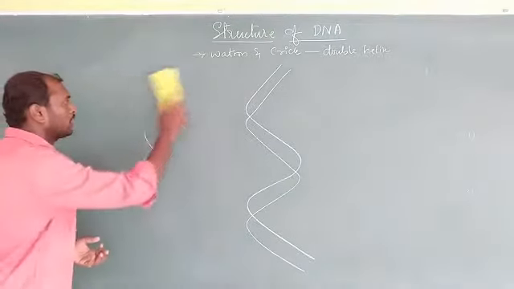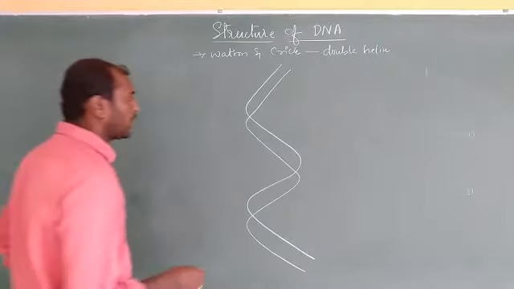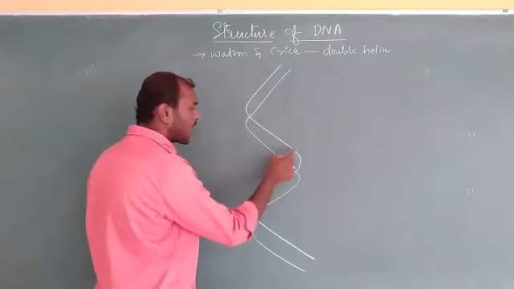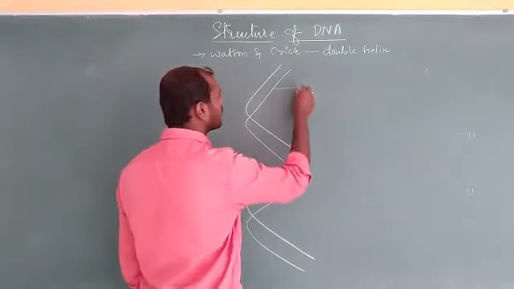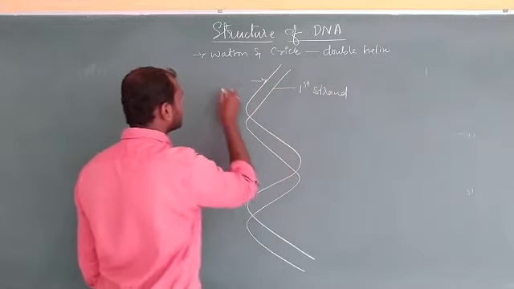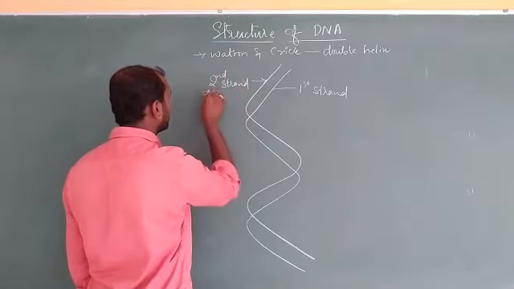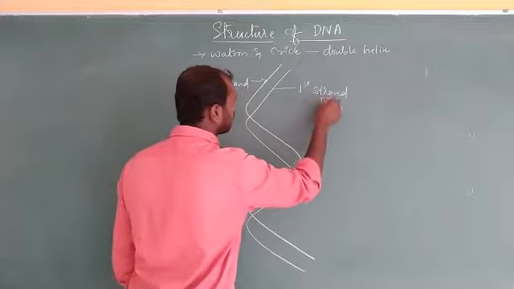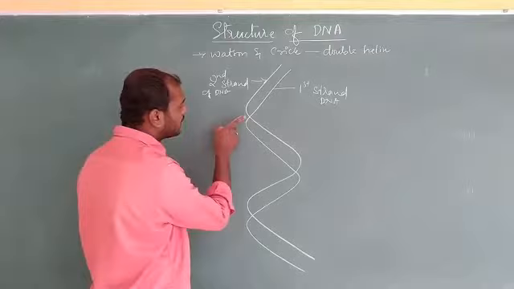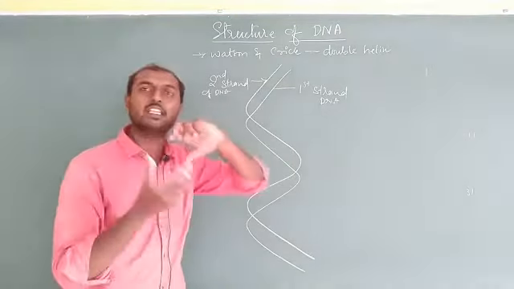Okay, so why and how it is the right way, that I am going to tell you now. Here the DNA looks somewhat like this, and these are two strands. So this is the first strand, this one is the second strand of DNA. So we have two strands. You can see that the strands are going to overlap. Actually it is not overlapping, it is turning. Okay, so it is twisting or turning of the DNA.